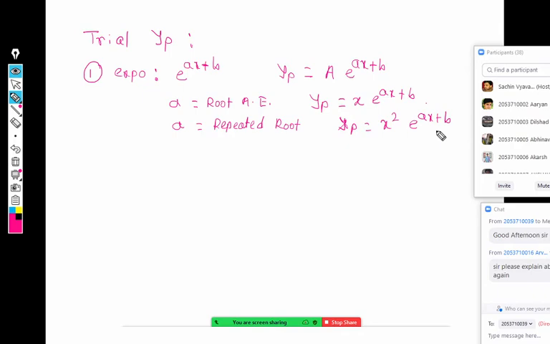Generally, undetermined coefficient examples are simple. The exponential case is the simplest, and so is the algebraic case. Actually, the shortcut method for algebraic functions is a little difficult, but for algebraic functions this undetermined coefficient method is simple. So that was case 1. Any doubt in case 1, selecting that particular yp?